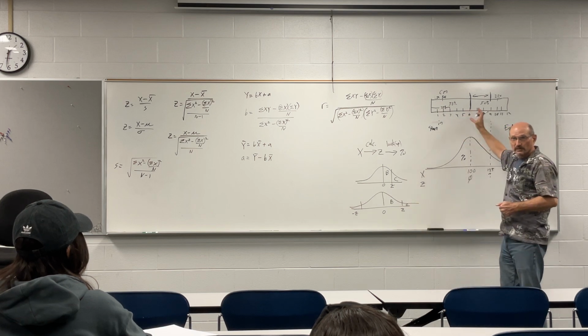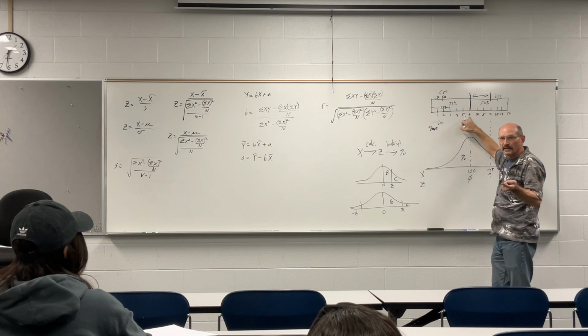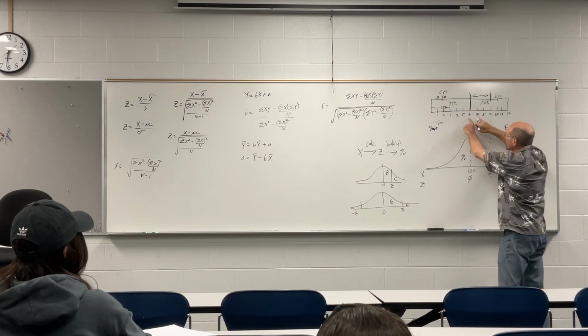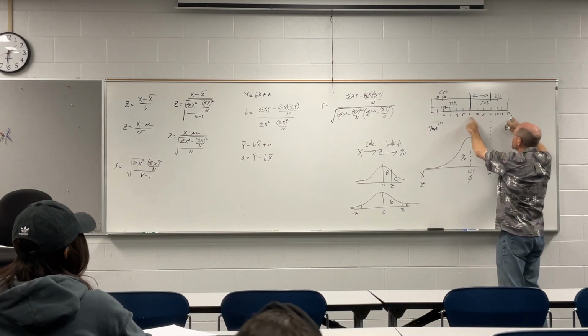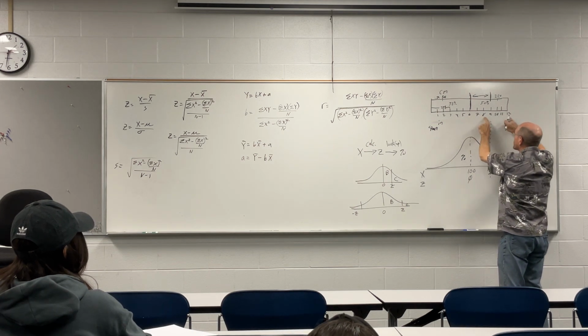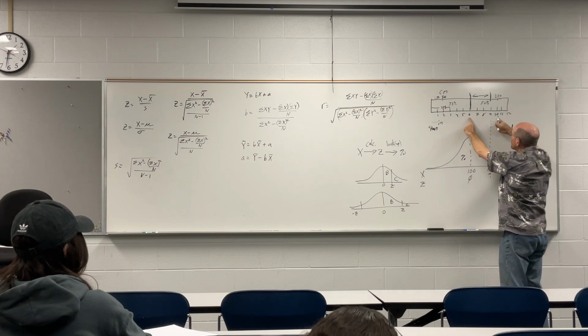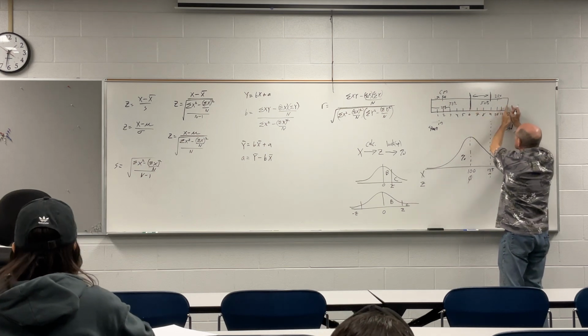Basically, it's like my ruler, right? If I'm starting in the middle, assuming the 6 is the average, okay? If I go to 7 inches, there's only 1 inch between the 6 and the 7. There's 5 inches between the 7 and the 12. If I go to 8, there's 2 inches between the 6 and the 8, and 4 inches between 8 and the 12, right? And the further I get away from the middle, the bigger the area gets here, but the smaller the area gets on the outside of it,